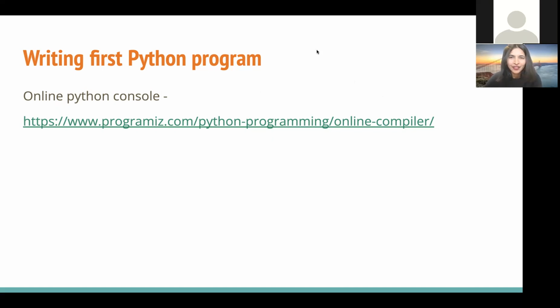Yeah. So usually if we want to write a Python program on your local computer, we need to download Python and set it up for the first time. But let's say you are temporarily on a computer where you can't really install Python.